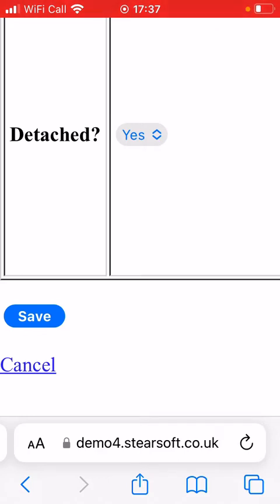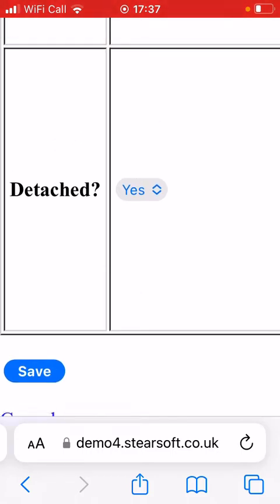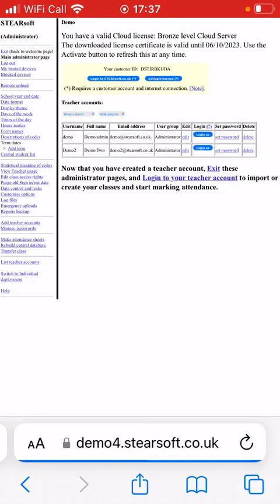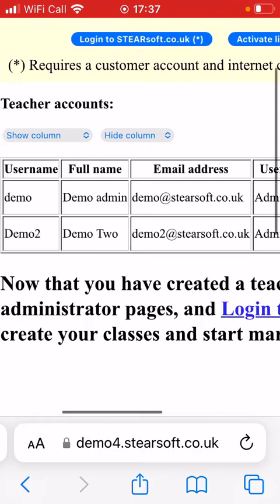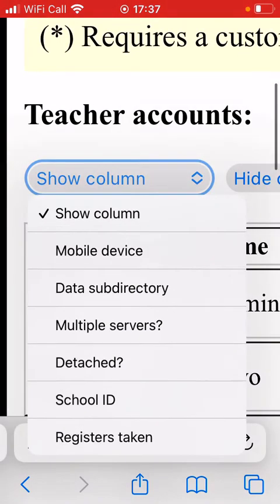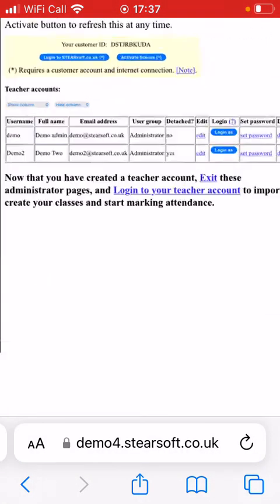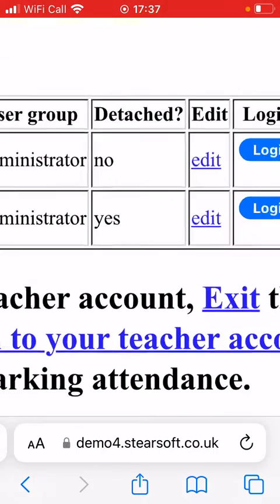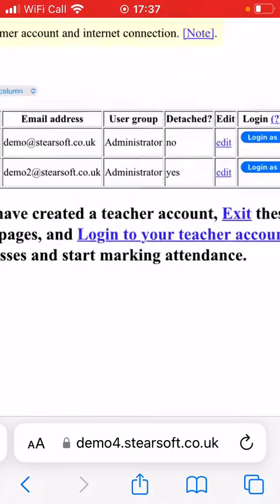This means it's going to work on its own, not part of a school, and that will allow me to upload information from my iPhone to the cloud. If it's not detached, it won't let me do that. You'll get a warning saying this, but it's about being detached. So I'm going to do that. So I'm going to show column, detached column, and there I can see I've got